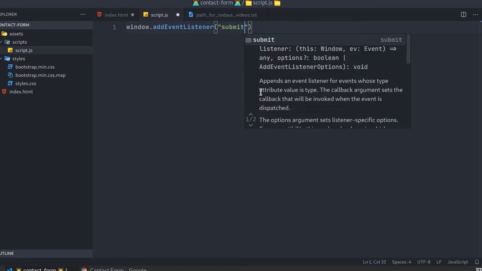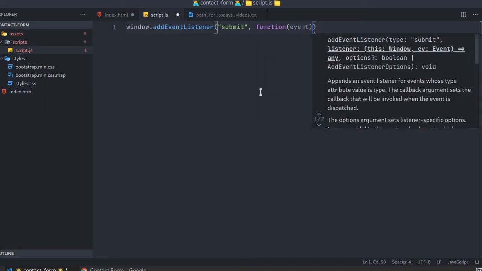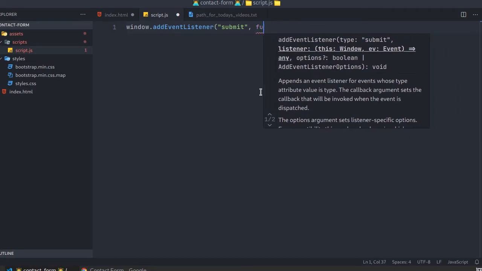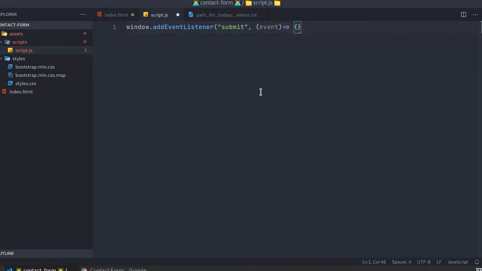I will add an event listener for when the submit button is pressed, and call an anonymous function. You can even use an arrow function, it is up to your choice, or simply an anonymous function with the event.